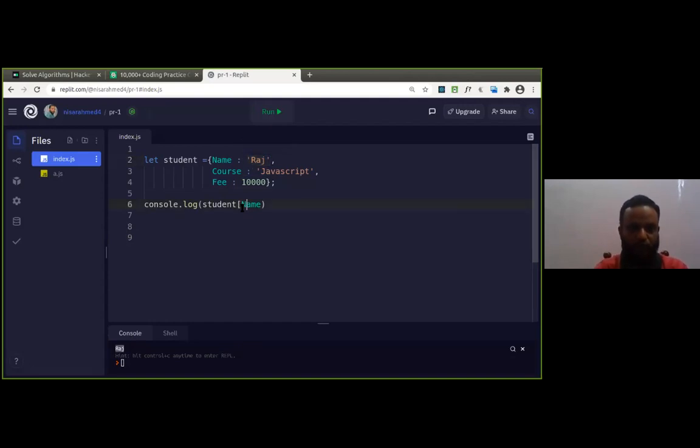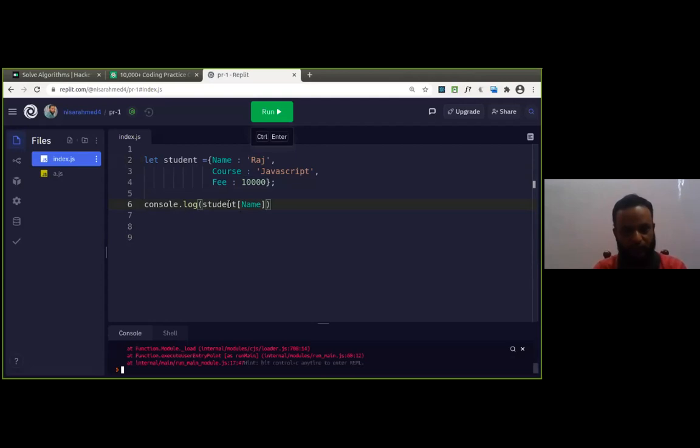This is another way also. You can give it within brackets. When you are giving it like this, you give the key in single quotes, for example 'name'.